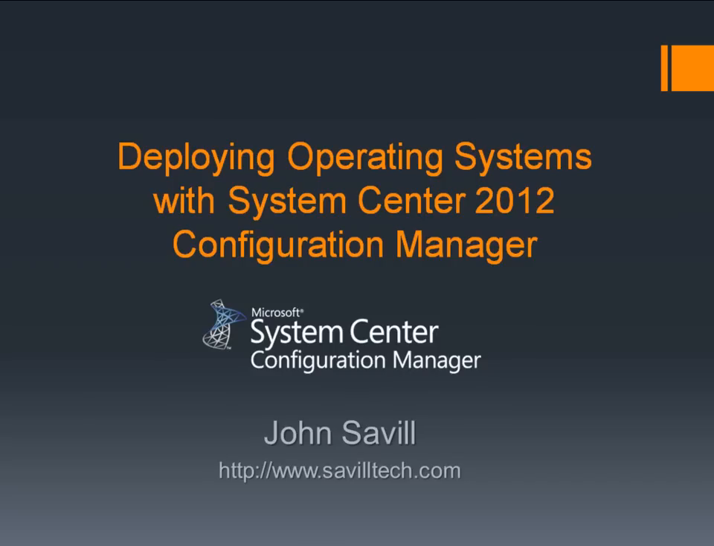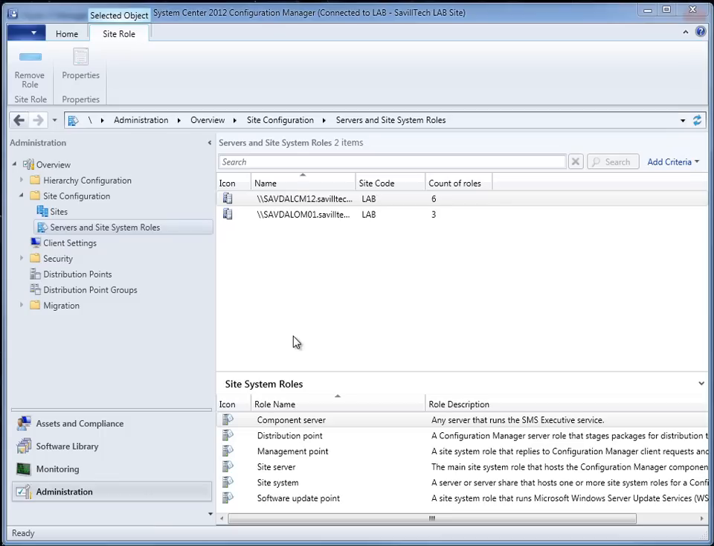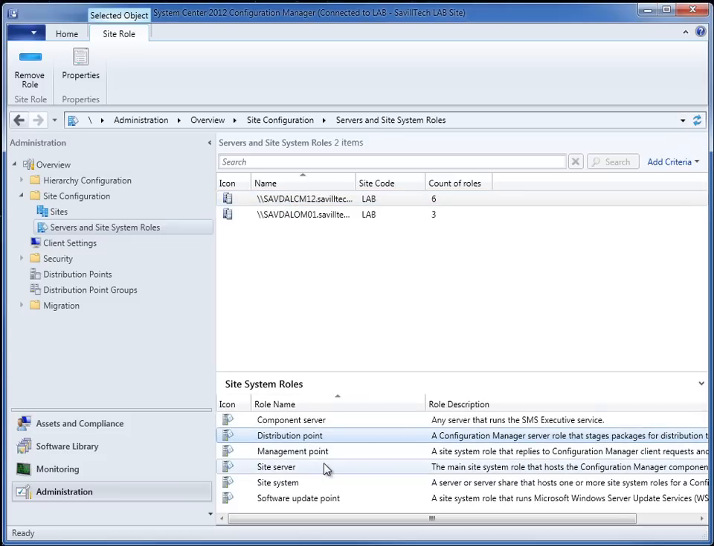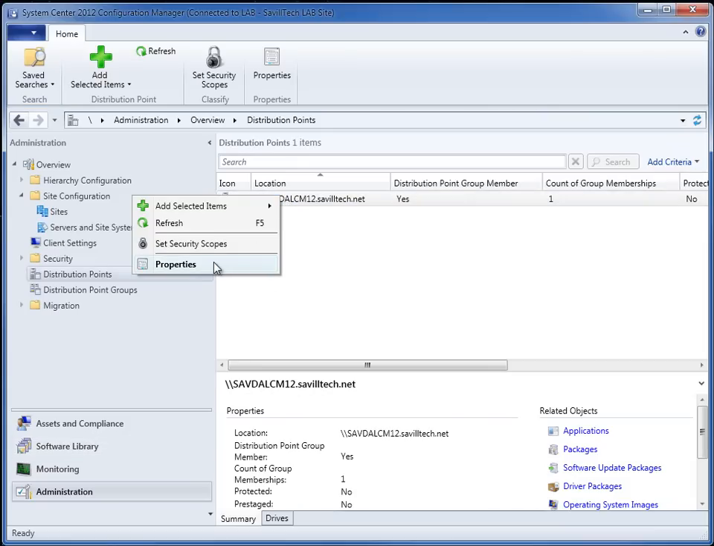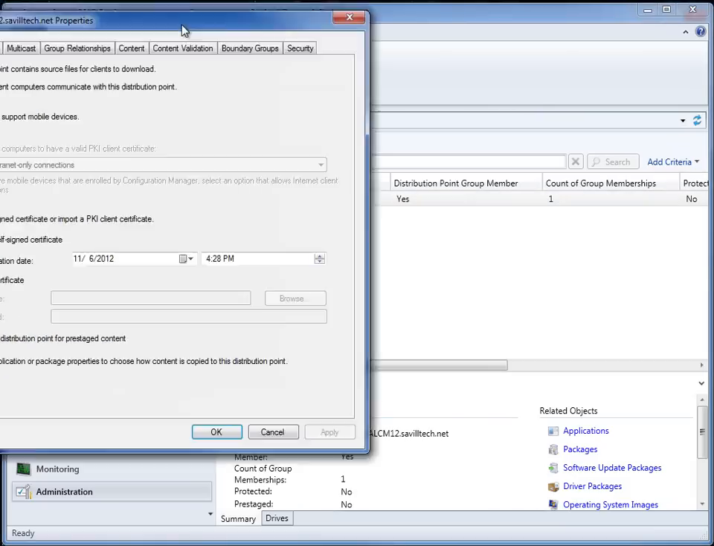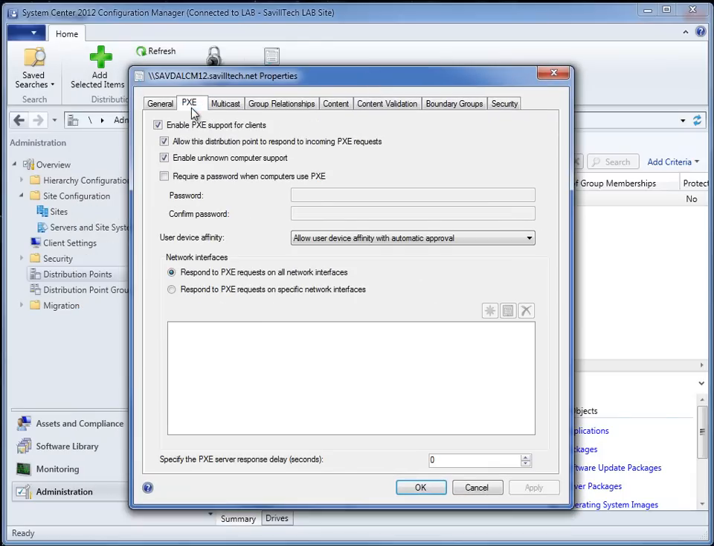So welcome to Deploying Operating Systems with System Center 2012 Configuration Manager. Now, there's a few things we need to do before deploying operating systems. First thing is actually on our distribution point, we've made sure we've installed Windows Deployment Services on our distribution point. And then within the distribution point configuration in the PXE tab, we make sure we enable that PXE support for